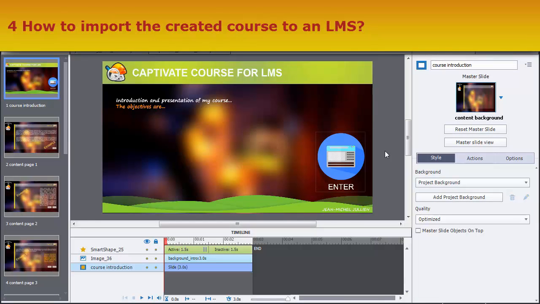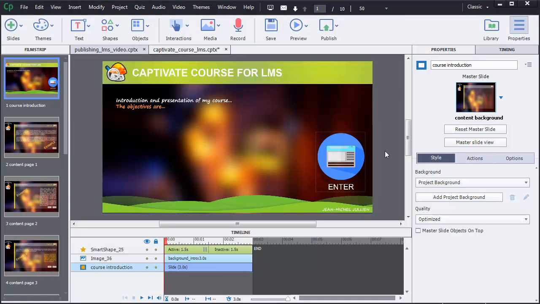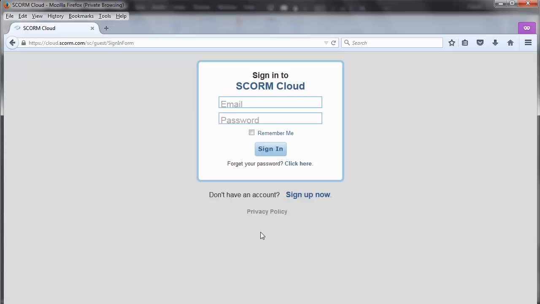To show you how to import a created course in a learning management system, I'm going to use SCORM Cloud. SCORM Cloud works like an LMS. It allows you either to test a course before its implementation in your LMS in order to check that everything is okay, or to identify a problem that your course can have in your current LMS by tracking what's wrong. SCORM Cloud is used by many e-learning designers and developers, and this tool supports all LMS standards such as SCORM, AICC, or TinCan. So do not hesitate to use it also, and it's free.